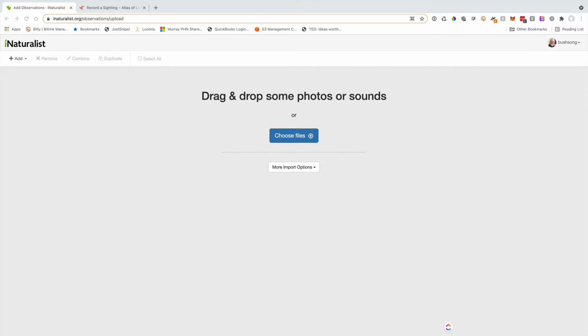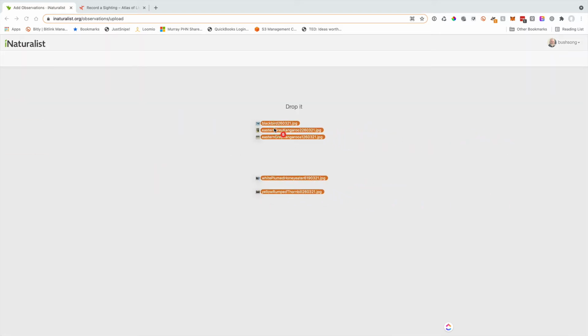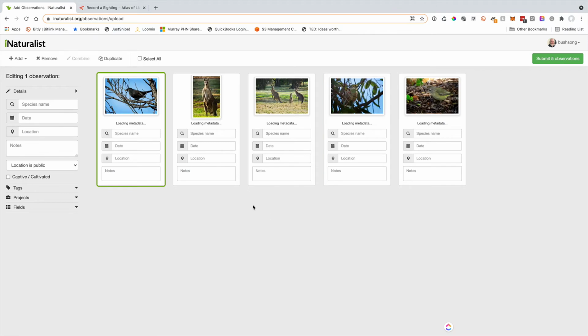And I'm just going to select 1, 2, 3, 4, 5 images here, and I'm just dragging those in and I'm just dropping them there straight away. So you can see the images that come up. Now, although you pick all of the images, you can, once they have been loaded, double them up. So you can see that it's starting to fill the information in, the date and the area where that was